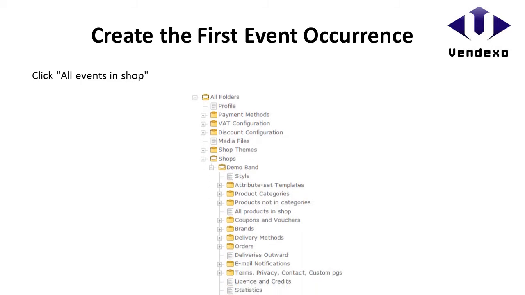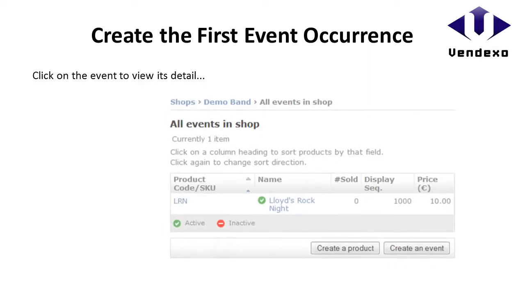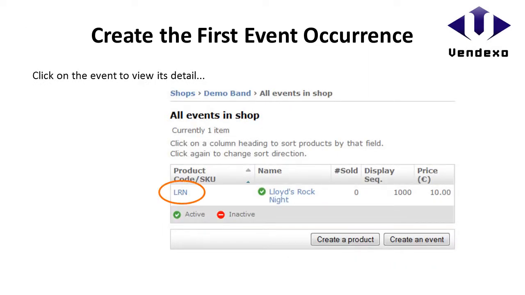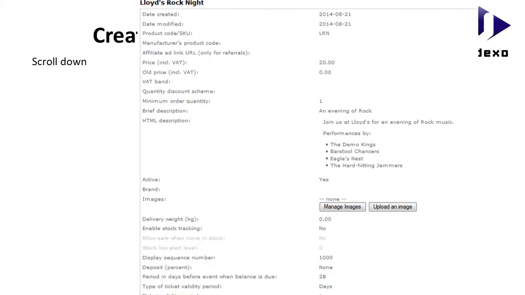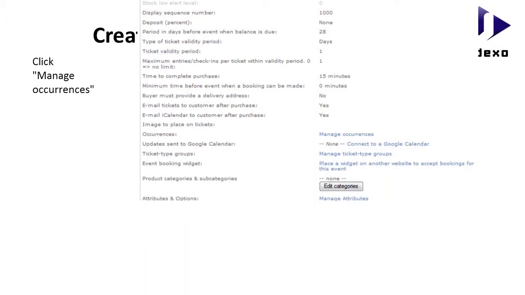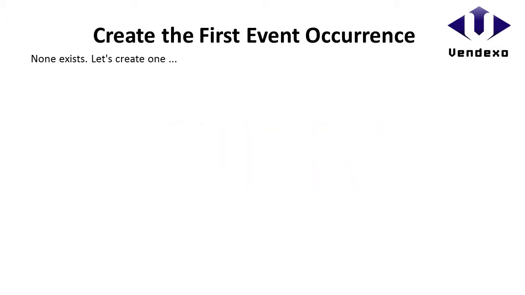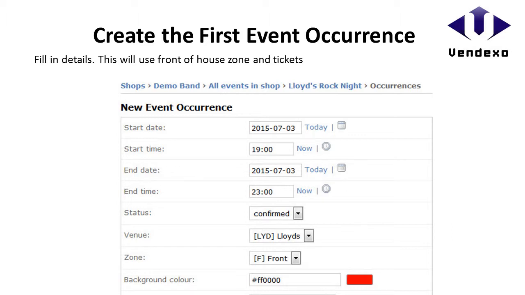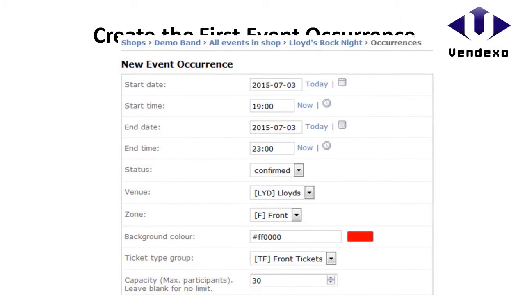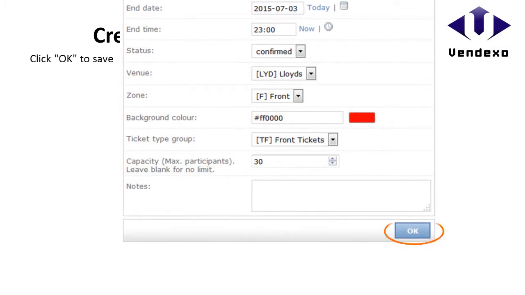So now we have to say when the event is actually taking place. We have to create the first event occurrence. So again we navigate to the event, clicking on its detail, and we scroll down to that part where it says Manage Occurrences. So we're going to create the first occurrence, and we want this to take place during Fridays and Saturdays in July and August. So the start date is the first Friday in July, and we select our venue and our zone. We give it a color and ticket type group,